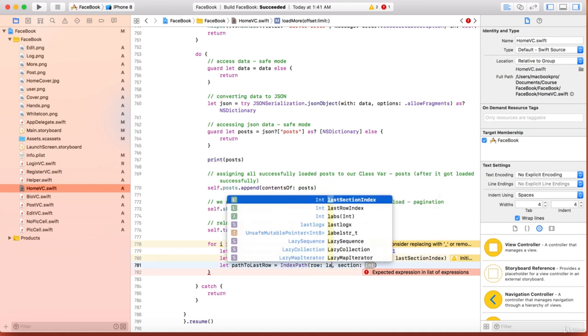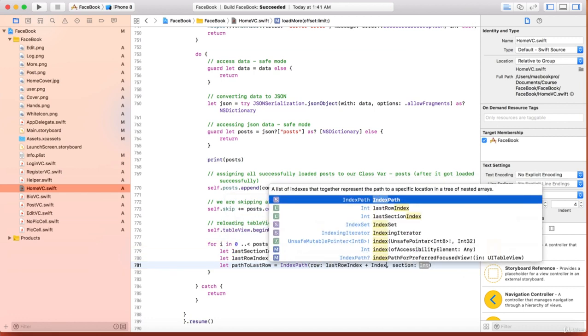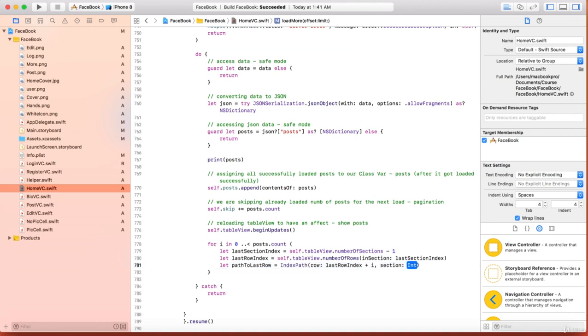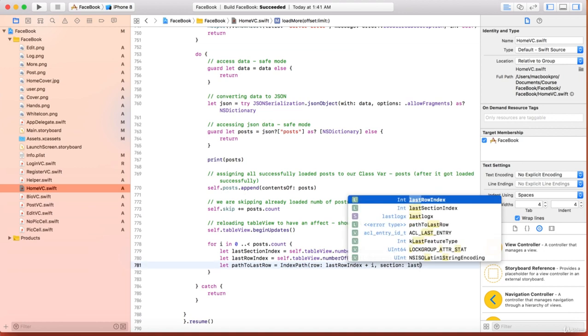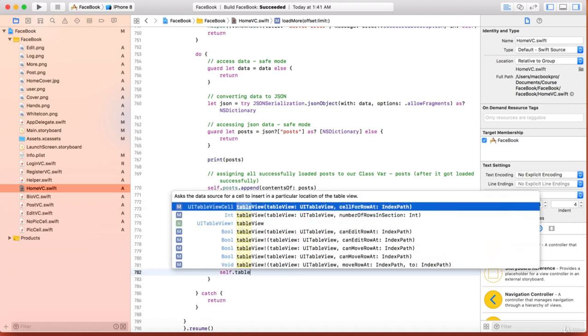Row: lastRowIndex plus i, then section will be lastSectionIndex,